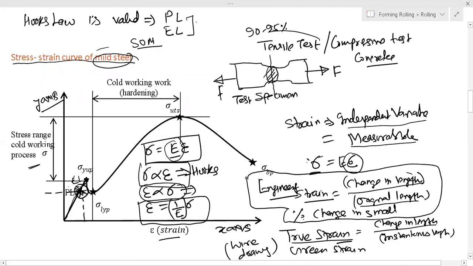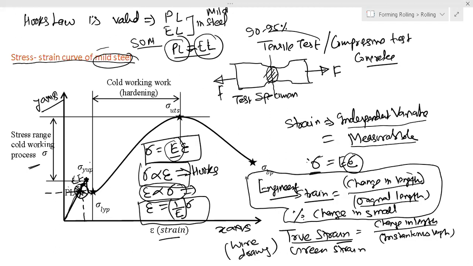Generally, in steel or mild steel, the proportionality limit and elastic limit are very close. This is the reason that in your book, sometimes they write proportional limit, sometimes they write elastic limit. But be careful that Hooke's law is valid only up to the proportional limit. The elastic limit is that limit up to which the elastic property of the material continues. So you have the proportional limit, then after that the elastic limit. Elastic limit means after that limit, the material does not regain its original shape.